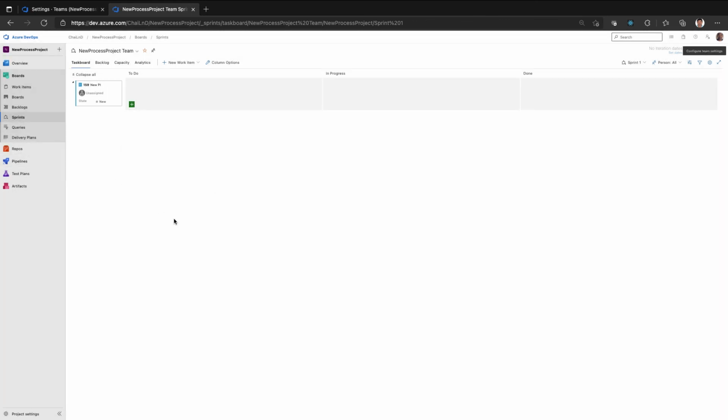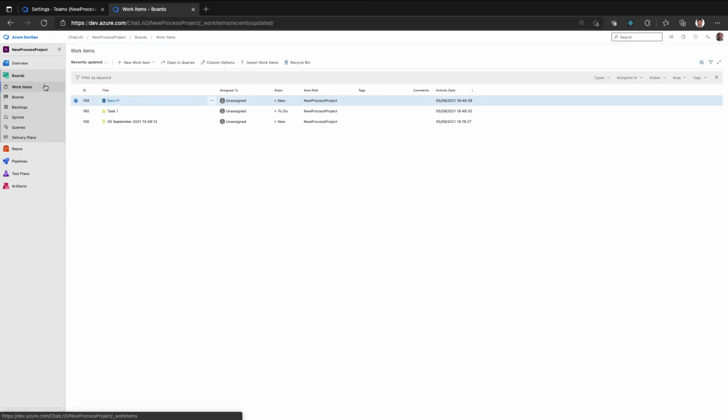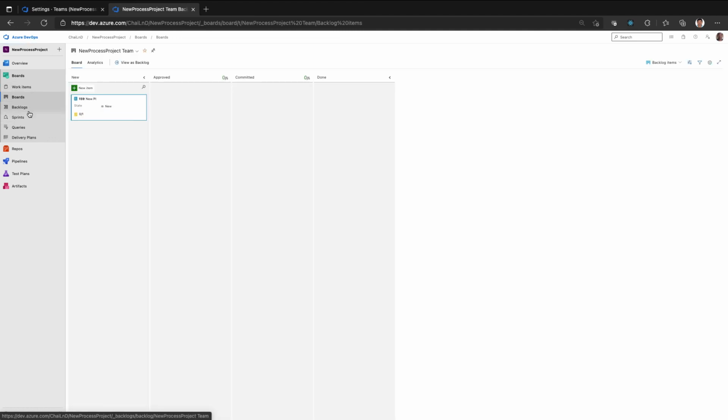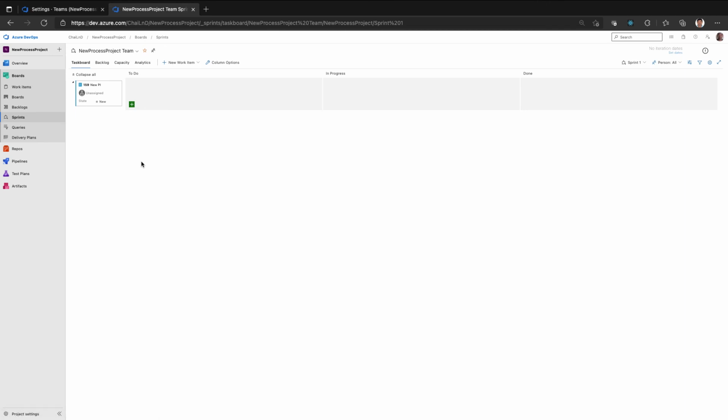So these are the four sections that we'll use with respect to work items, whether it's sprint planning, grooming, or day-to-day sprint activities. These are the four views required for us to run the sprint, or run the delivery of the project.